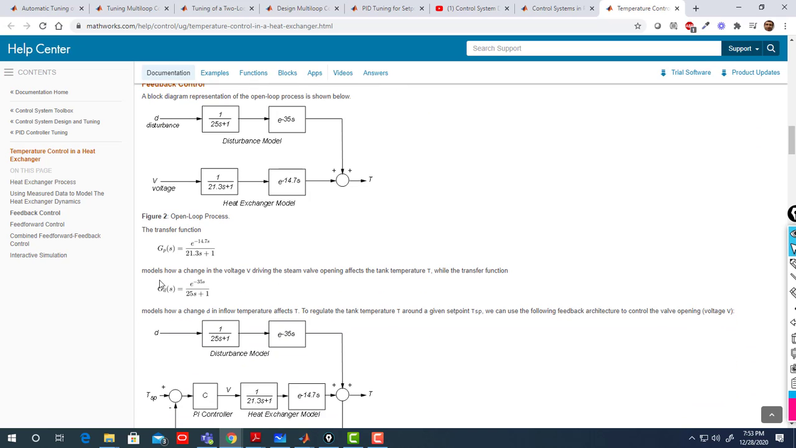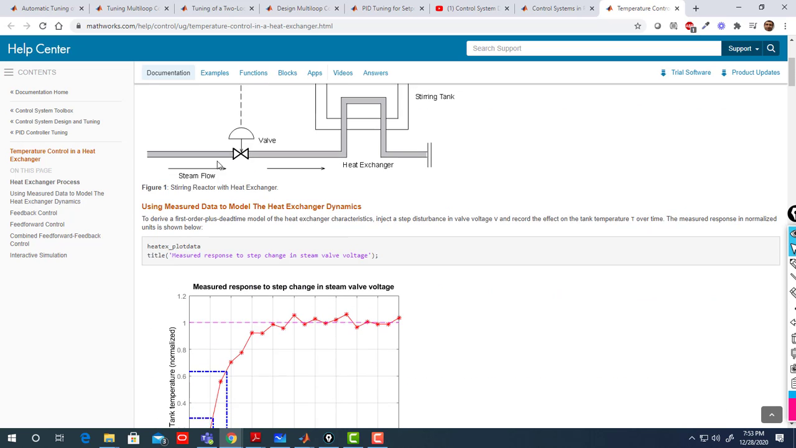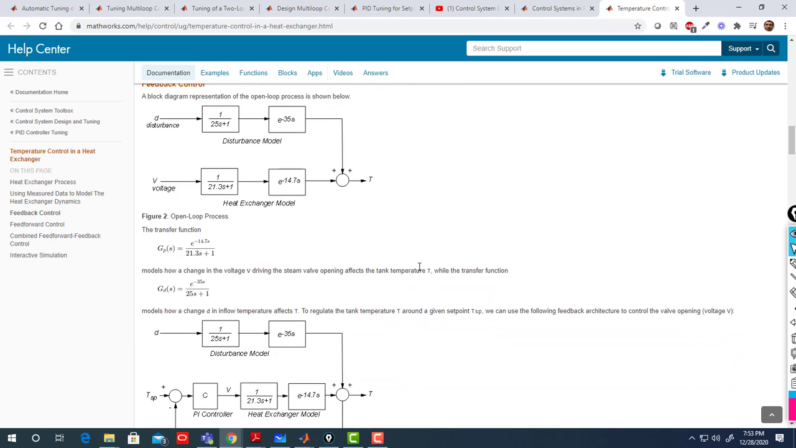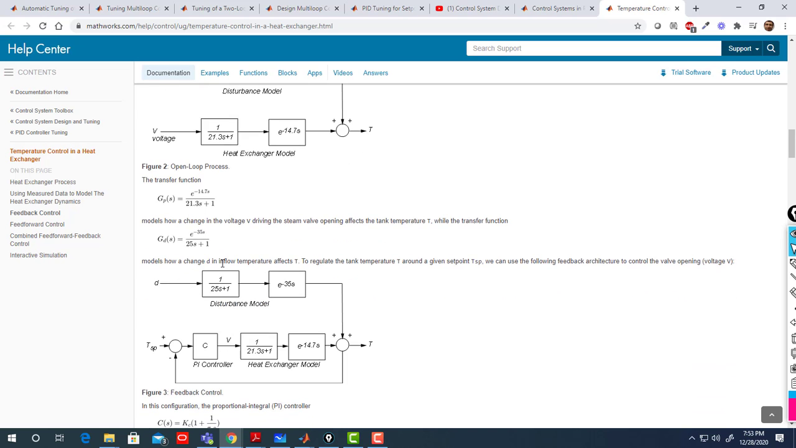Okay, so the first one models how a change in the voltage driving the steam valve opening affects the tank temperature. Which voltage? The voltage driving the steam valve opening. Okay, this voltage here, how it changes the temperature. And the second transfer function models what? How a change D in inflow temperature affects T. Okay,